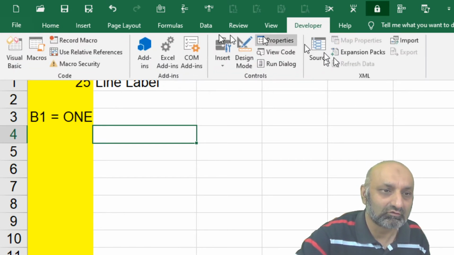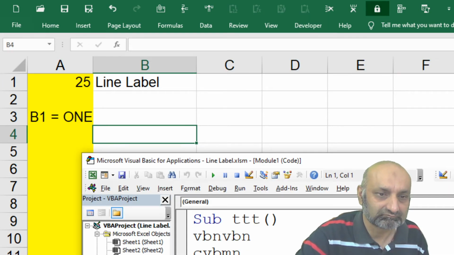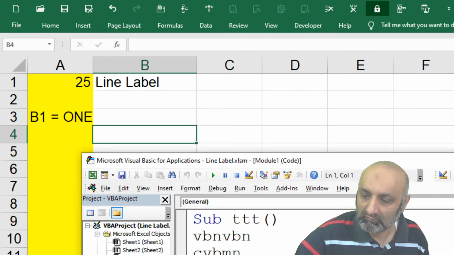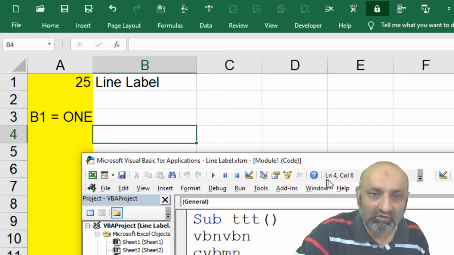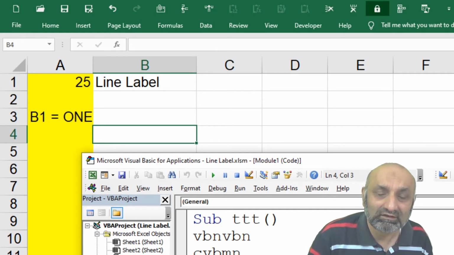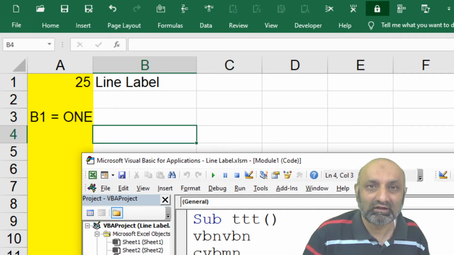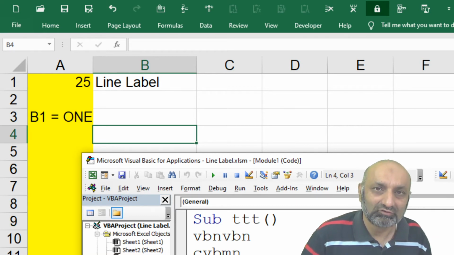Let's go to our editor. So here is our editor. You can see right now I am in line 4, column 6. This is column 3, but line 4. This is the identifier, but I cannot tell VBA to use this label.